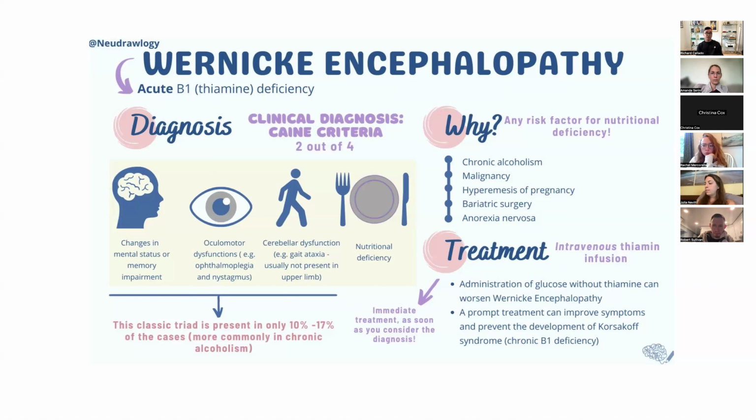Usually it's feet. And nutritional deficiency, they're not eating, they're just drinking alcohol, right? So a lot of alcoholics are not getting sufficient vitamins, right? So that puts them at higher risk of Wernicke's encephalopathy, all right? So usually there's a triad, right?